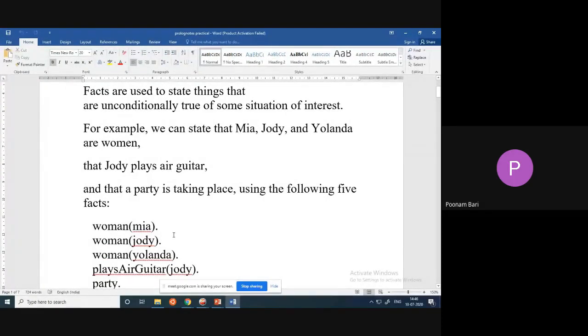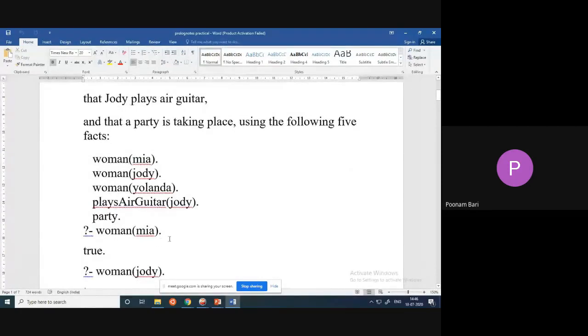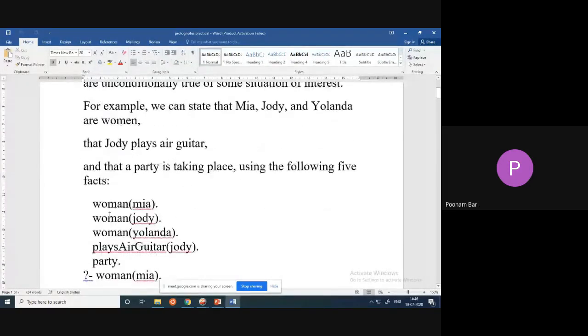Only facts were there, and we just ask questions. So in this knowledge base one we have written woman: Mia is a woman, Jody is a woman, Yolanda is a woman, and Jody plays air guitar, and there is a party. Can you see there are no arguments for party? It is just showing that party is there as a fact.